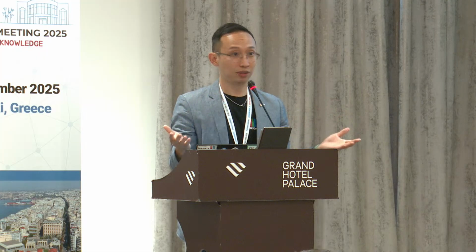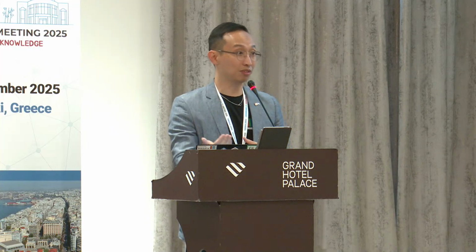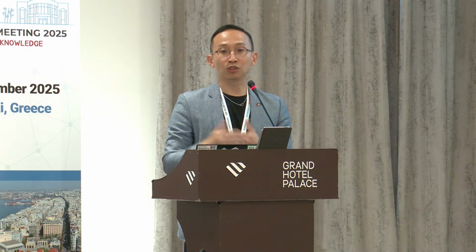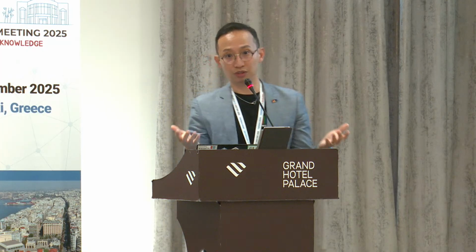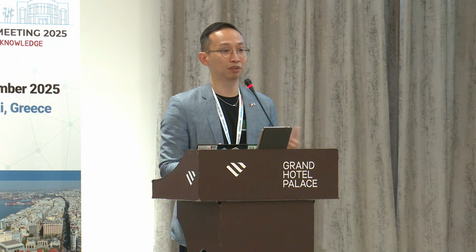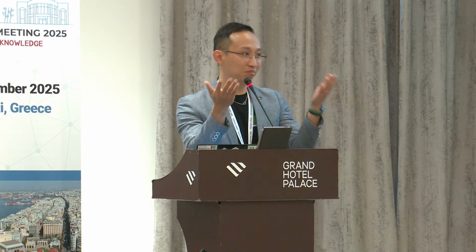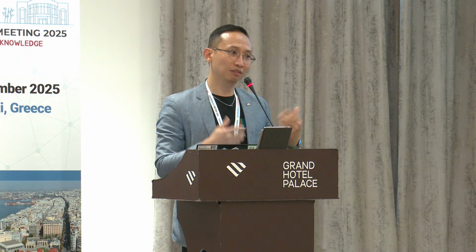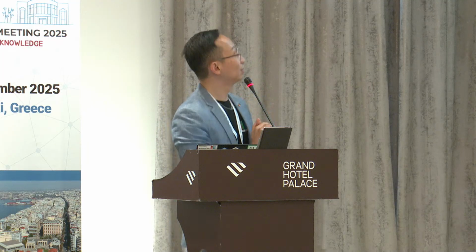If they are not, you can choose not to work with them. Choose to work with open source AI vendors as much as possible, those who promote the similar values that we all have, and also choose to work with vendors who can be transparent about where they get their training models from. I think these are steps that we can do as institutions. Of course, there are GLAM experts here in this room. I'm definitely not one of the experts, but I can suggest, and we can probably come up with a discussion and brainstorm how we can do this together. Yeah. So, thank you. Do you have a question?